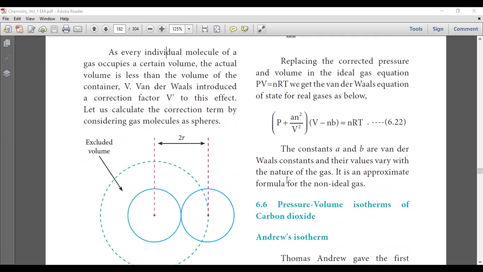So now here the constants A and B, there are two terms A and B, right? So that is the van der Waals constant. Their values vary with the nature of the gas. So according to the gas, the constant values change. So they are not fixed. So it is an approximate formula for the non-ideal gas. So here if we take this van der Waals equation, the constants A and B are the van der Waals constants, right? So their values will get changed. Their values are not the same. So it depends on the nature of the gas molecule, their values will get